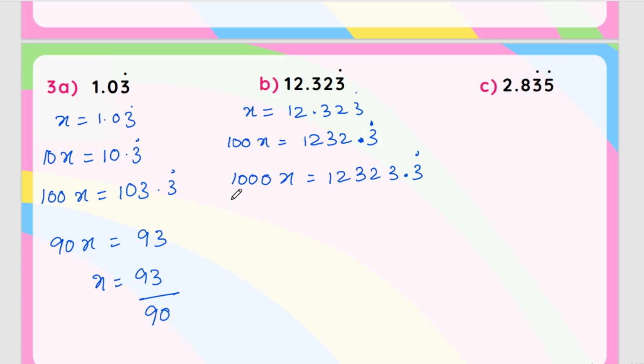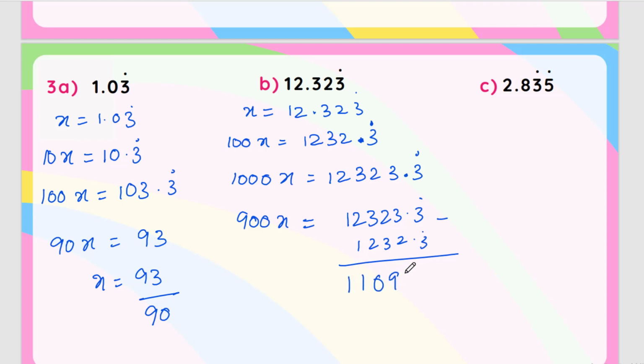So 1000x minus 100x is 900x equal to, you just subtract 12323.3 repeating minus 1232.3 repeating. If you subtract this, you will get 11091. So what is x? x equal to 11091 divided by 900. Okay, final question. x equal to